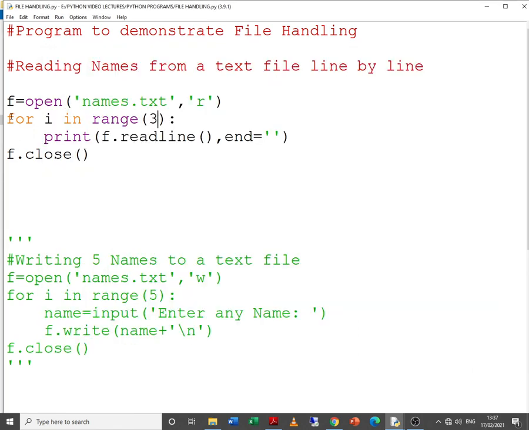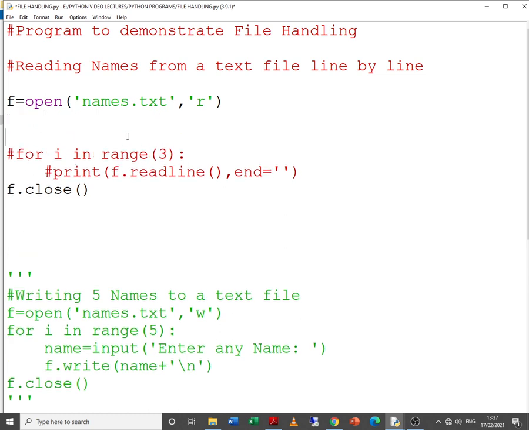Just let us try to change this piece of code. I put this in a comment, I put this in a comment, and instead of this, I cut it and bring it over here just for the sake of better formatting, and I give print and f.read.